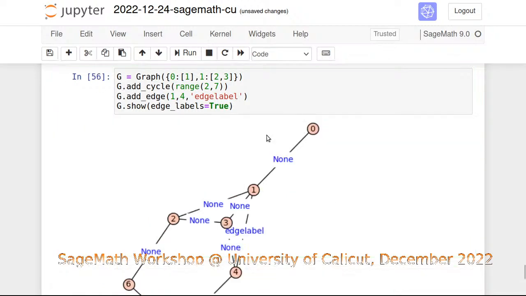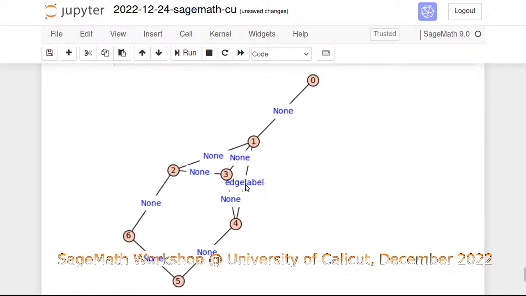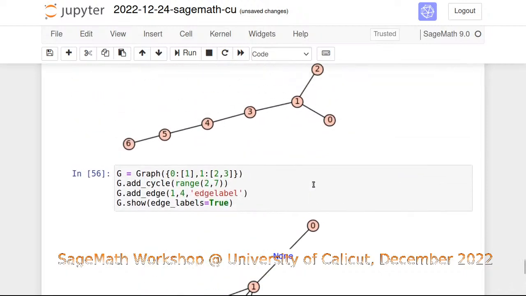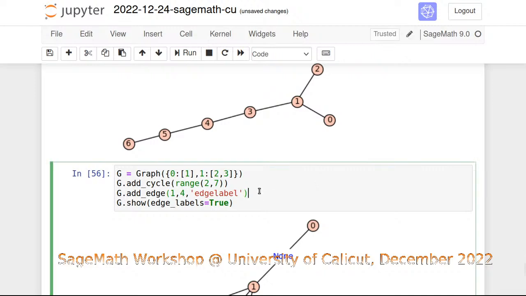Okay. So see, you can see that the edge label is here. Edge label. So it is the label of the edge. That's it, we are naming that particular edge. Yes. If you want to know how to get the weight of the edge,